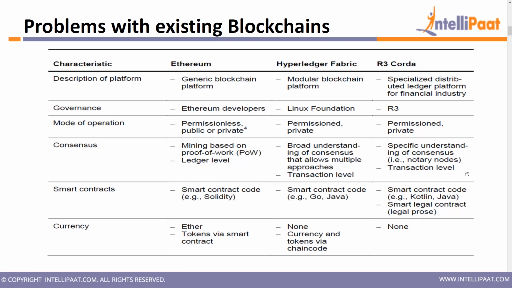While in Hyperledger Fabric, there is no native currency available, but still you can develop your own currency and tokens via chaincode. Hyperledger can also be used as a cryptocurrency network as per the requirement. If you want to develop a financial network and cryptocurrency network on Hyperledger blockchain, then you can obviously do it, and build those currencies on the basis of tokens via chaincode. What chaincode is, we will be discussing in coming slides. They are an important part of Hyperledger Fabric or Hyperledger networks. And for R3 Corda, there is no currency concept available.